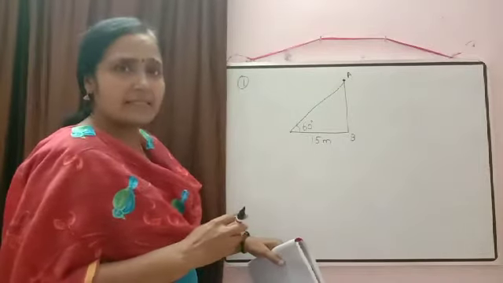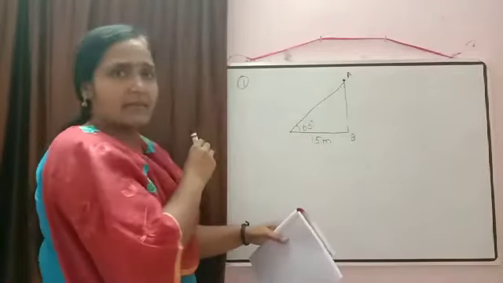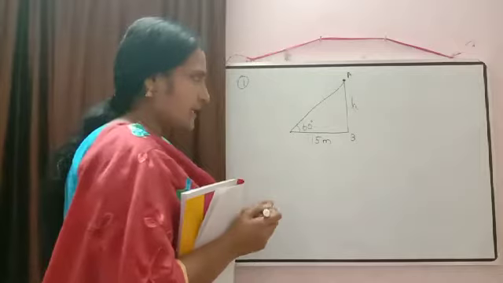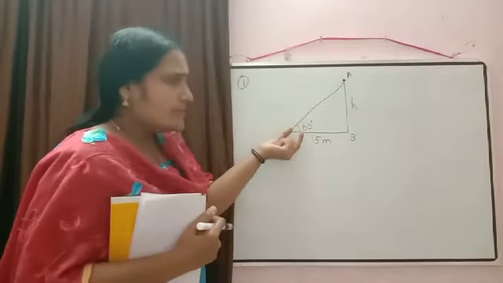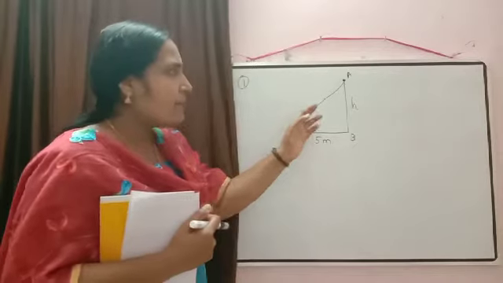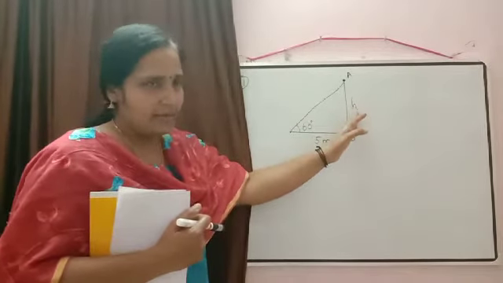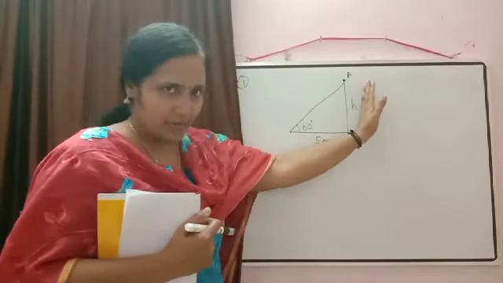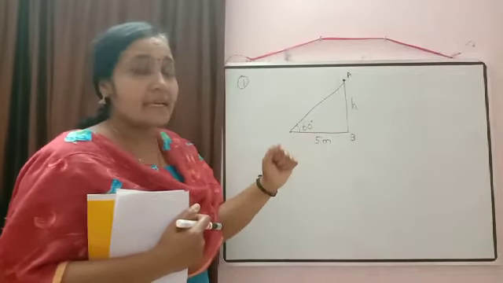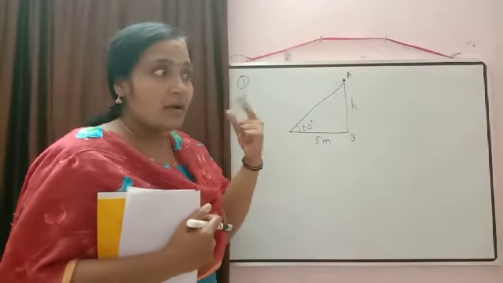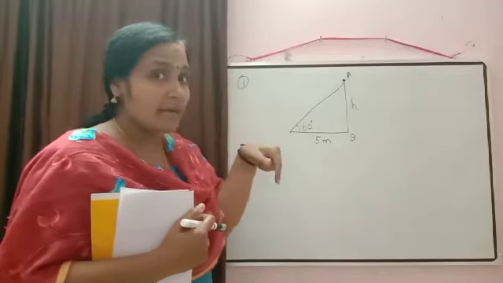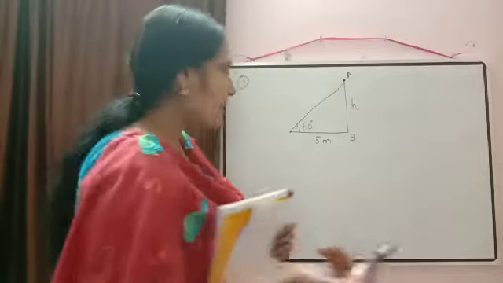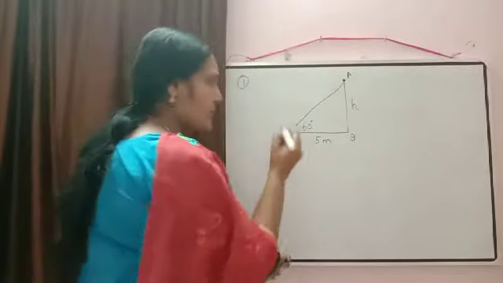Which one have we considered as the tower? Yes, this is the tower. This height we have to calculate, so we can take it as h. Now just to check the concept, here this angle is given. The side opposite to this angle we have to calculate, and the side adjacent is given. So which trigonometric ratio? Yes, the one whose formula is side opposite by side adjacent. Correct, that is the formula for tan theta. So directly we are going to use the formula for tan.